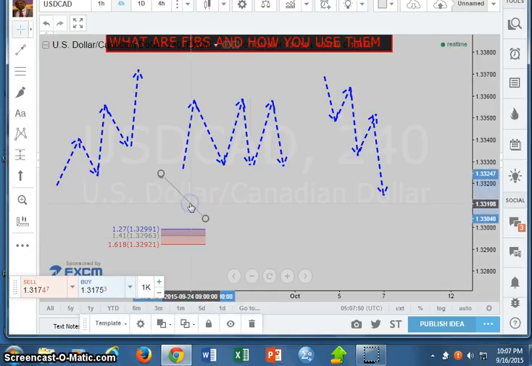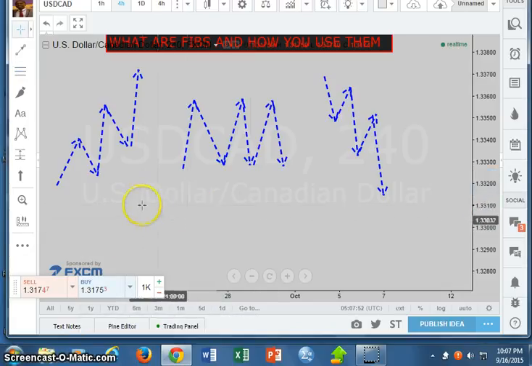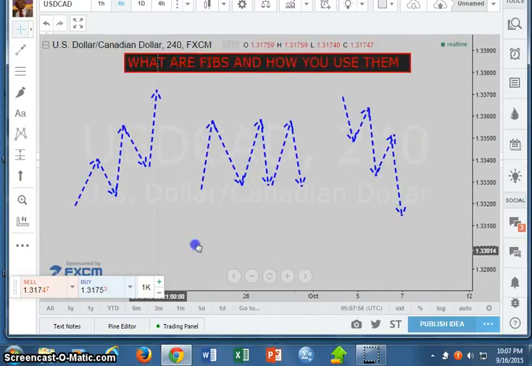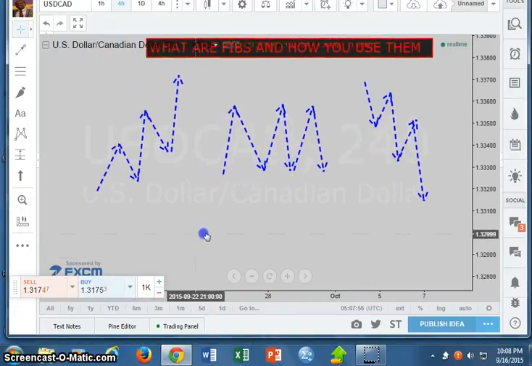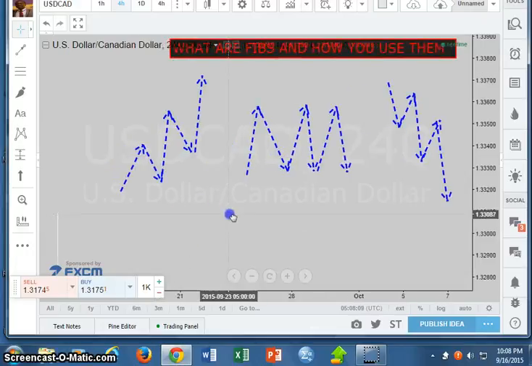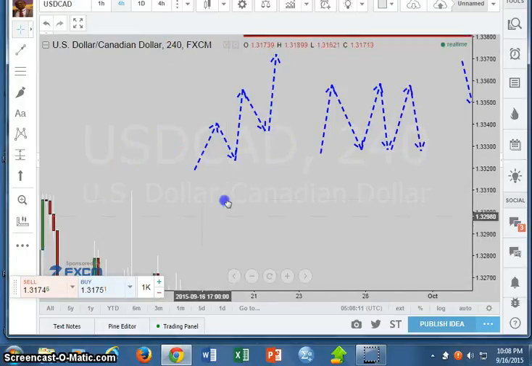with Fibs, and basically I want to show you some market examples of how you actually use that, and how I use that to identify structure zones, but particularly harmonic patterns. Now going into the CAD,